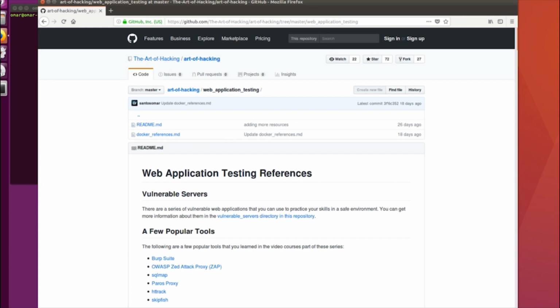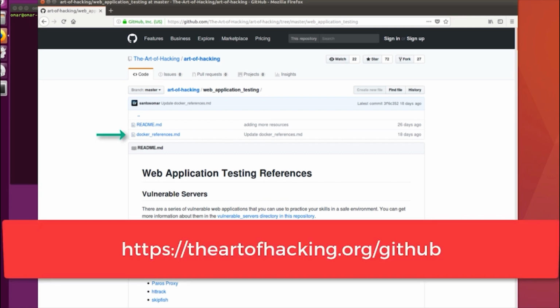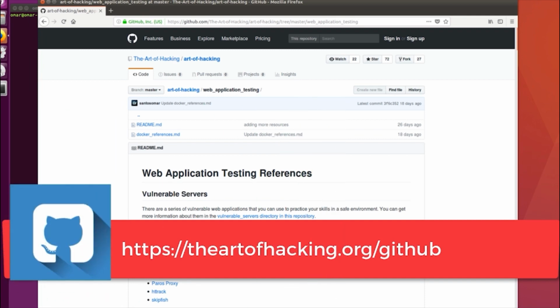Now, I also have a list of Docker-related references in our GitHub repository, and I'm going to be mentioning this GitHub repository throughout the course because it's one of the best resources that you probably can get out there. We probably have about 5,000 resources related to security, penetration testing, incident response, and many others. And there, I also have a link to one of the most comprehensive container-related reference lists that I have found online. So feel free to use these resources to gain a better understanding of these technologies and, of course, of the container and microservice architectures as well.